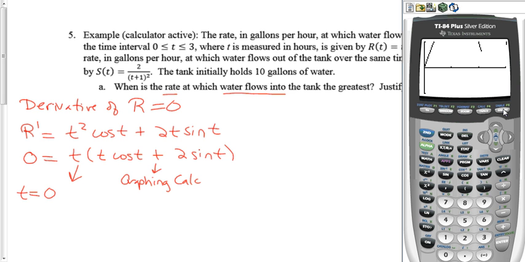So I graph this thing, and again, I don't care what the shape is, I just need to find my zeros. Right now I can see the first 0 is at 0, and I can see the second 0 on my screen is between 2 and 3. So I'm going to calculate the 0, and I need to go to the left, which would be, in this case, above my axis, and I need my right bound, and then my guess. And this is what I get for my t, at